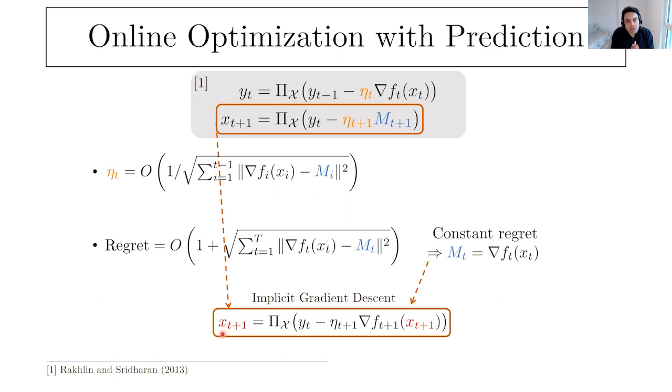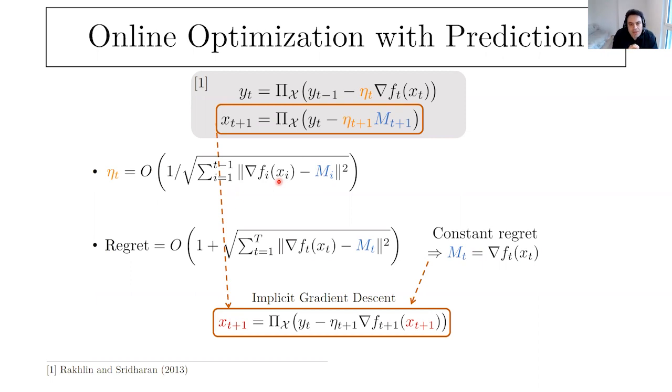So long story short, deep inside this algorithm, if you want to operate it in an ideal way to have the minimal regret, what you need to do is to replace m_t with an approximation of the gradient of f at time t as well. But then you also need to solve some sort of implicit gradient descent. So the moment that you observe that this is implicit gradient descent, you are probably no longer surprised that the step size could be arbitrarily large. So that is the connection to implicit gradient descent that I mentioned.